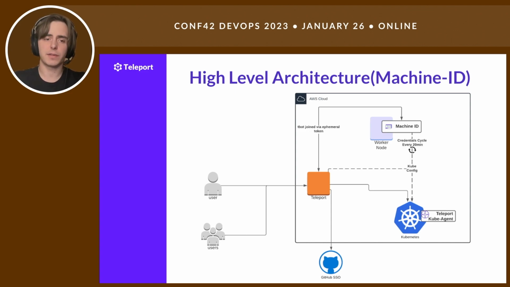So this is kind of a higher level architecture diagram showing how Teleport Machine ID can interact with a Kubernetes cluster. The worker node will actually refresh its credentials on a cadence, getting a new kube config from the Teleport host, renewing its access in an automated, secure fashion. So in this instance, this Machine ID worker node does not actually use any persistent credentials. It has these short-lived certs that it renews from the Teleport host, making sure that there's no secrets to manage,